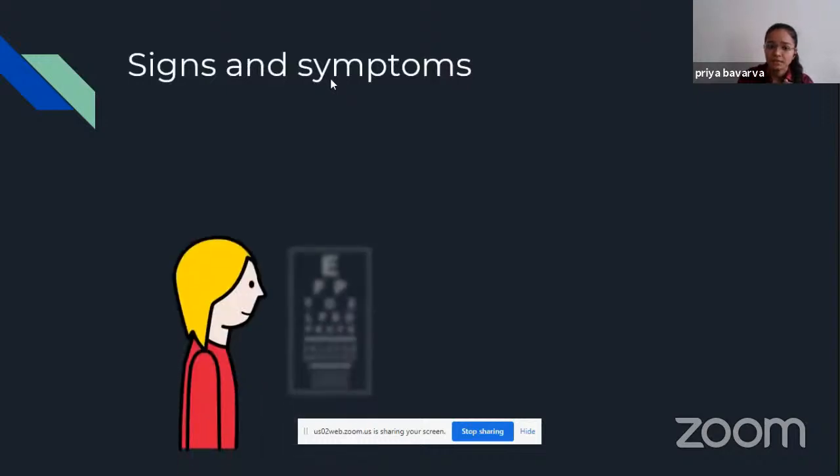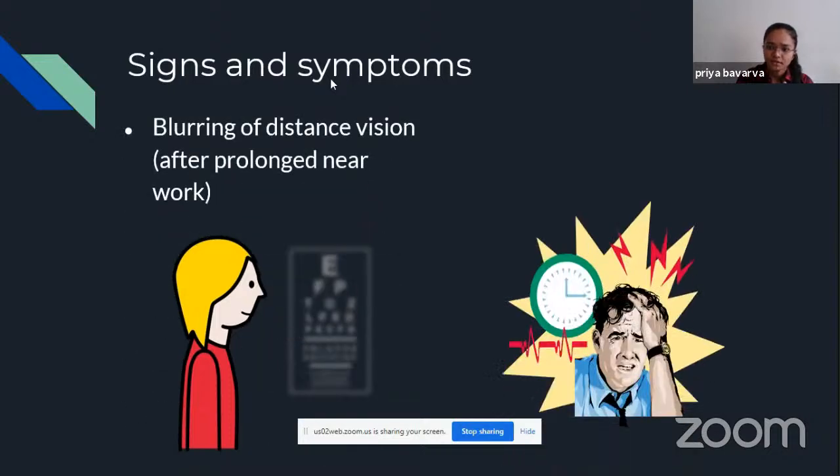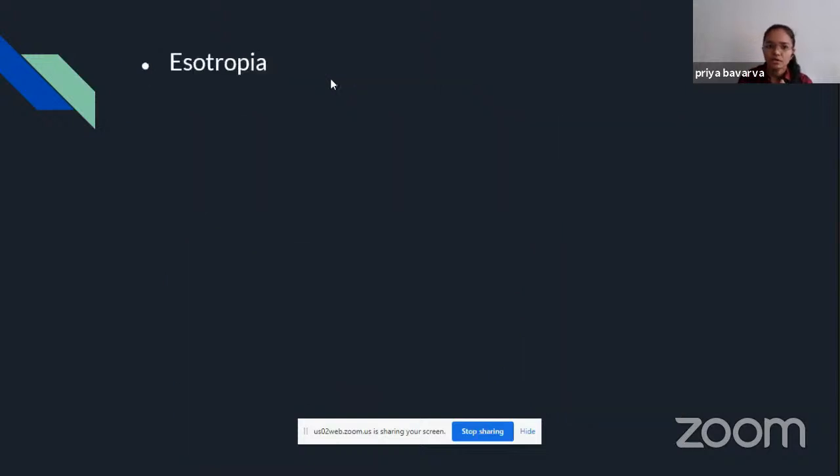Signs and symptoms of pseudomyopia. The first sign is blurring of intermediate and distance vision after prolonged near work. This is the main symptom of pseudomyopia. Then headache and eye strain: the patient feels headache and eye strain after continuous near work. And esotropia, as we all know,